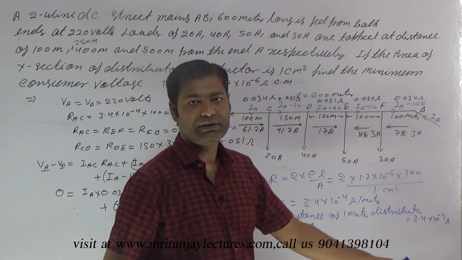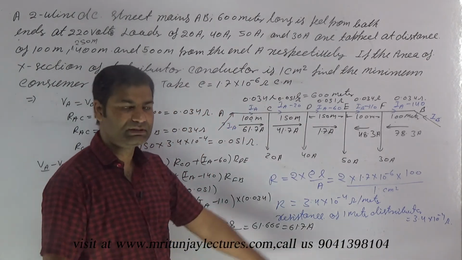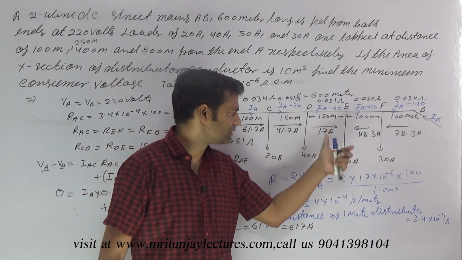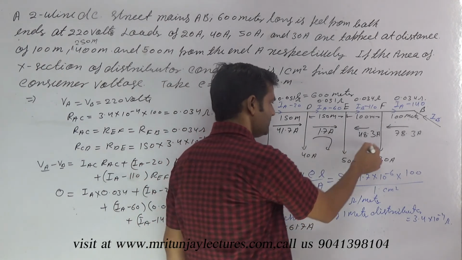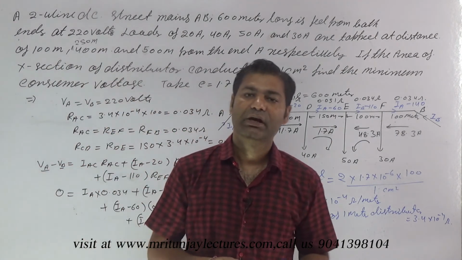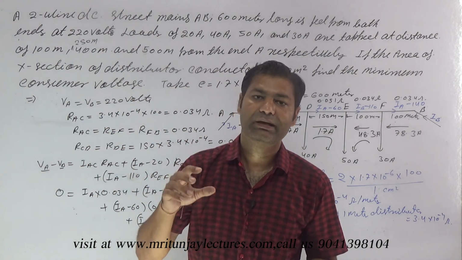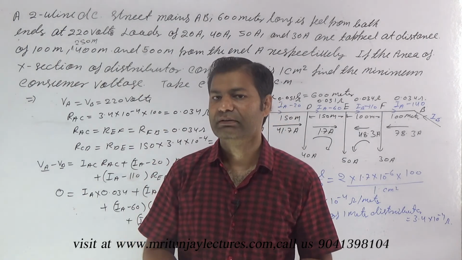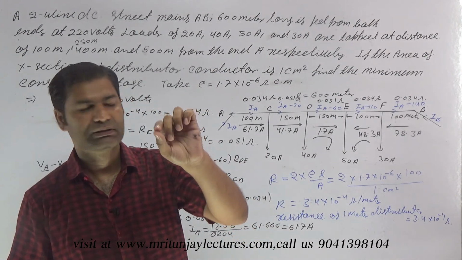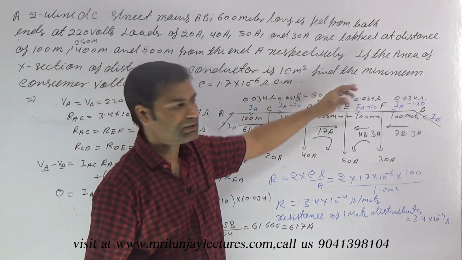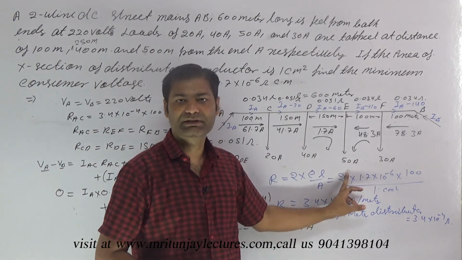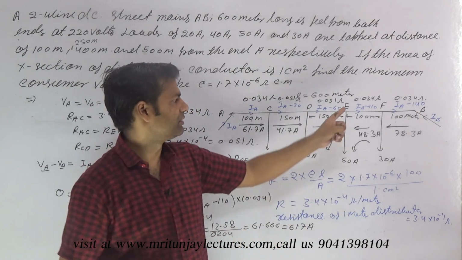Clear? It means the minimum potential point is point E. Why? Because the direction of current in both this one and this one is downward. I have already discussed that the minimum potential point represents maximum current. When a tap point has the maximum current, that point's voltage is the minimum voltage. So corresponding to 20, 40 and 50 ampere, we got the minimum potential point, that is E.